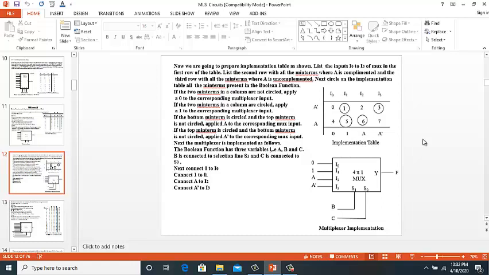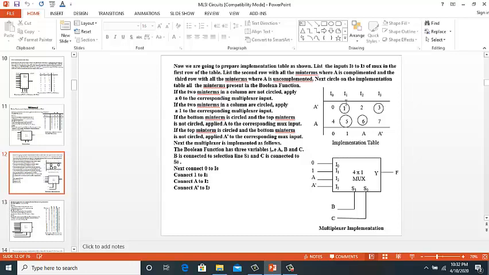Now all we have to do is draw our multiplexer and put down these values. So the end result would be that this multiplexer will implement the desired Boolean function which has been given in the example. Input I0 has value 0, so we input a 0 to this input I0.